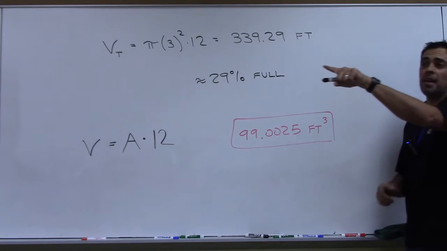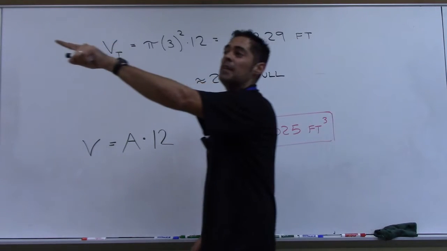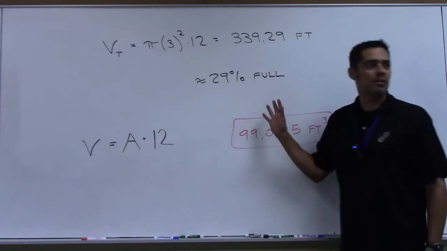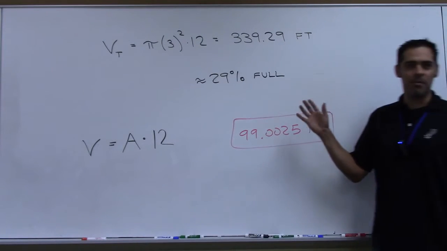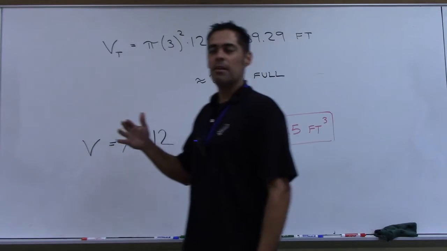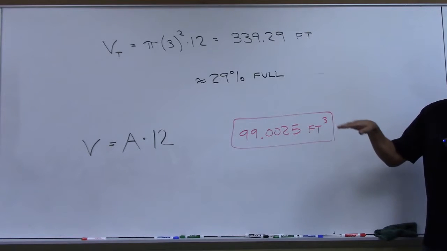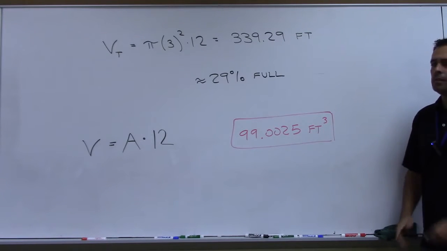So if I had restated the problem and said it was 3 feet deep instead of 2 feet deep, you wouldn't do any calculus at all, would you? I mean, that would be obviously halfway. It would be halfway. But because of the curvature of the tank, 2 feet up does not mean that it's